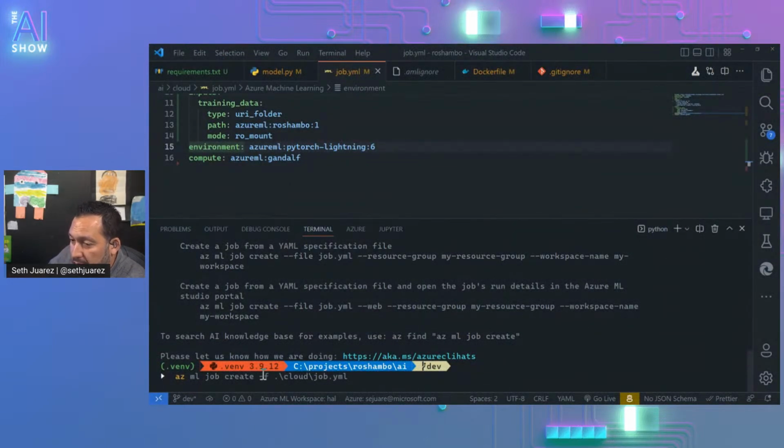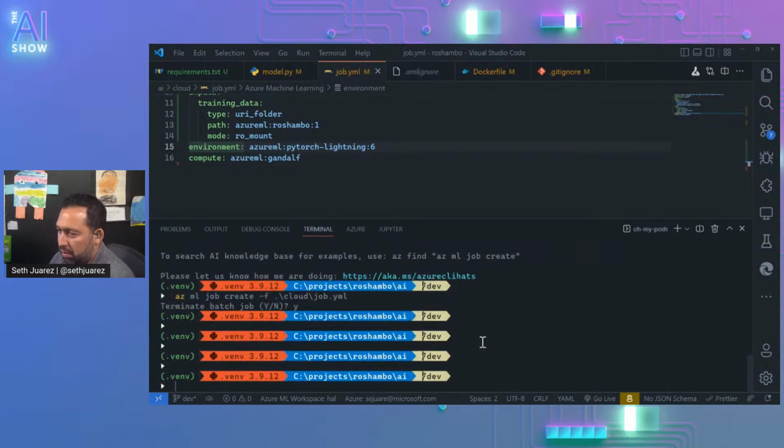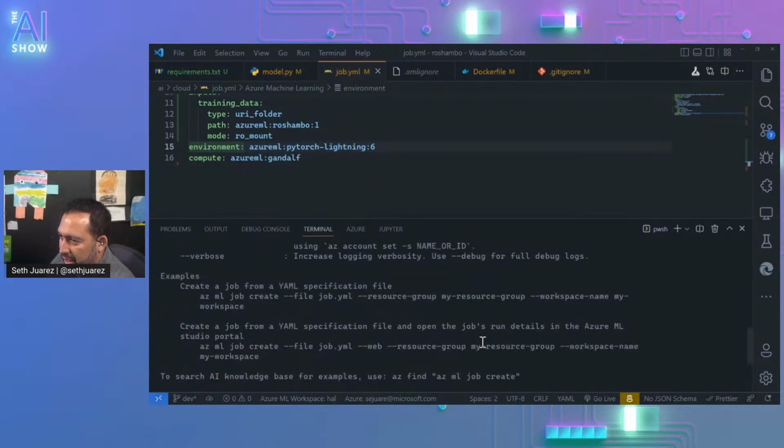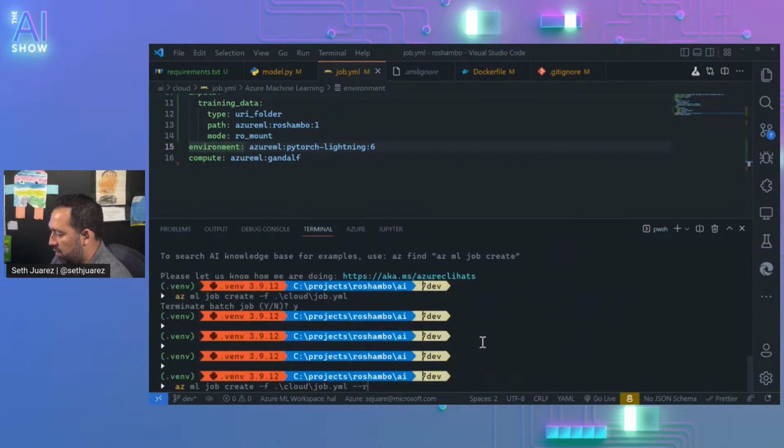Okay, here we go. So this is taking its sweet time. Hold on. We need to set the defaults here. Unless I need to set the resource group. Resource group is robots.